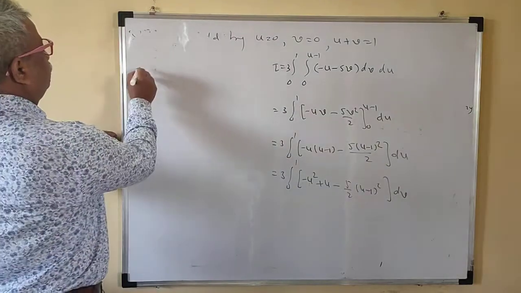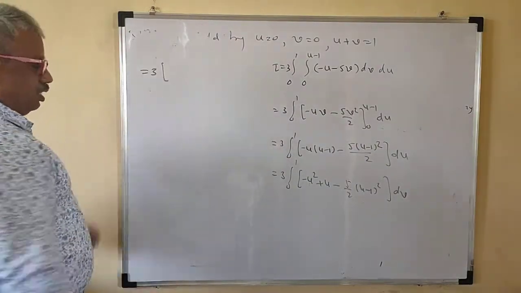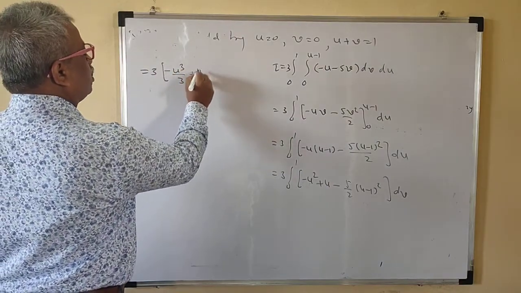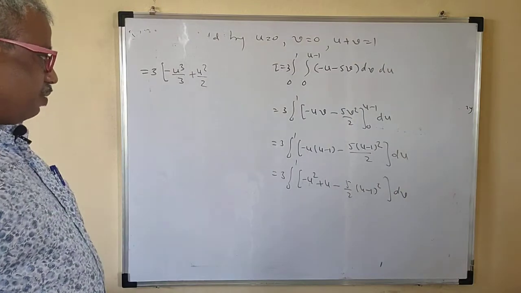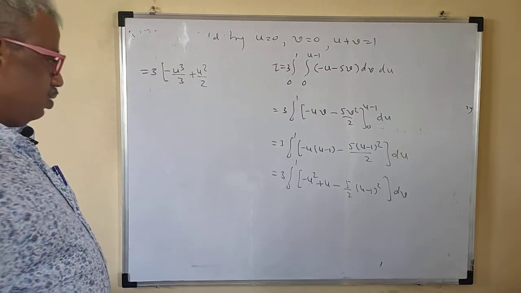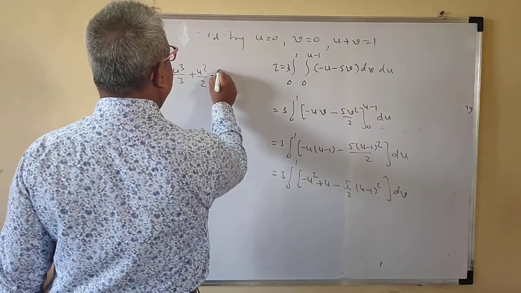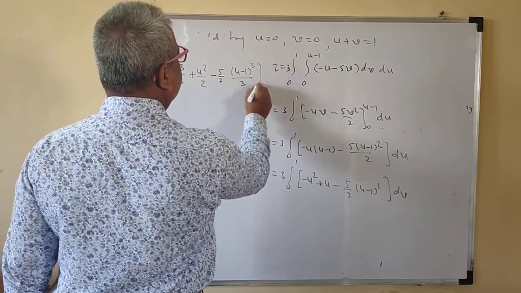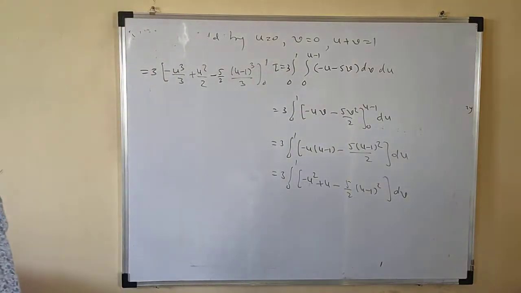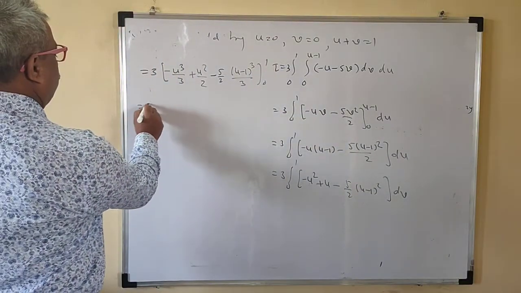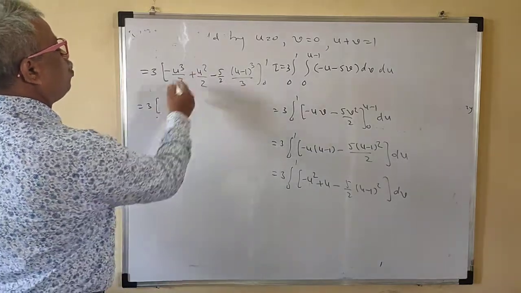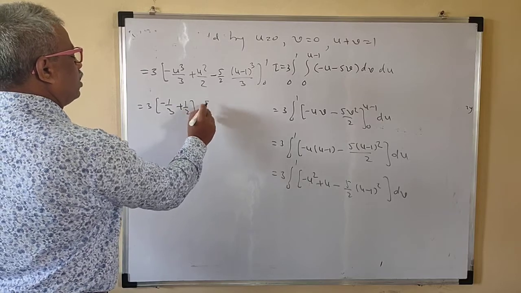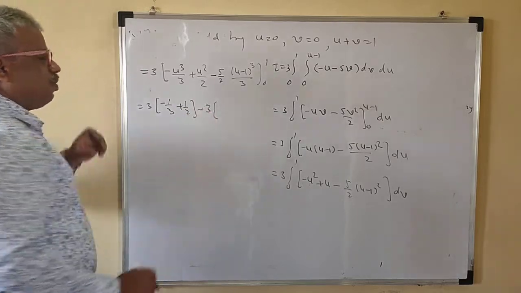Okay, now integrate this. This is what? 3. Integrate this. This is what? Minus u cube upon 3 plus u square upon 2. You have to take care of the minus. Okay, no problem. So minus 5 by 2. So minus 5 by 2. This is what? u minus 1 cube upon 3. So 0 to 1. Okay. Now we put 1 now. We put 1. So if you put 1, so this is what? Minus 1 by 3 plus 1 half. Minus. You have to put now u is equal to 0.